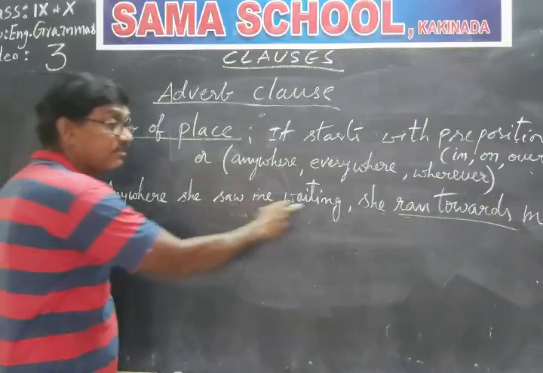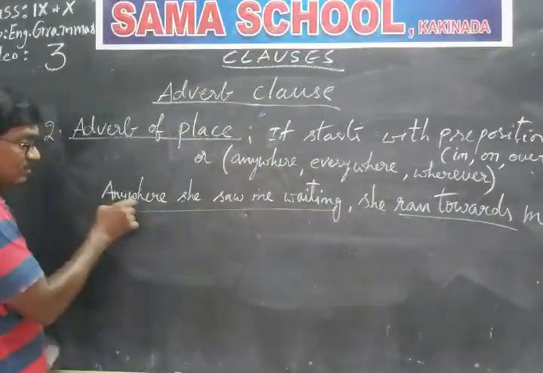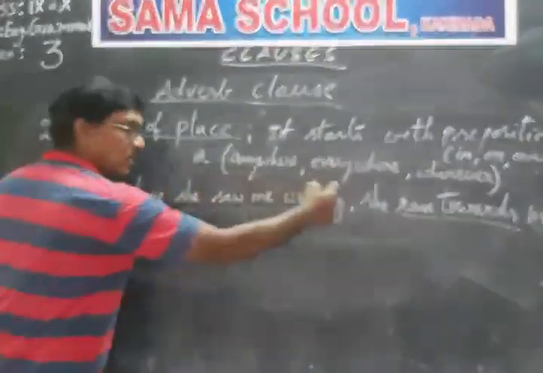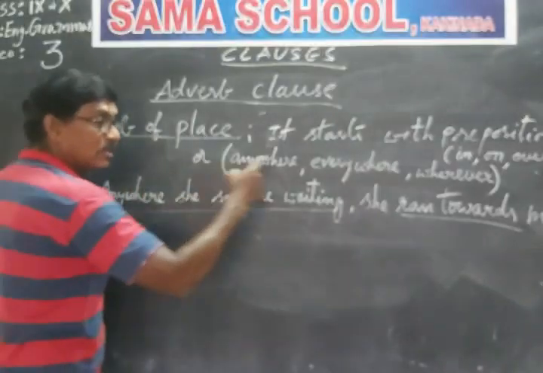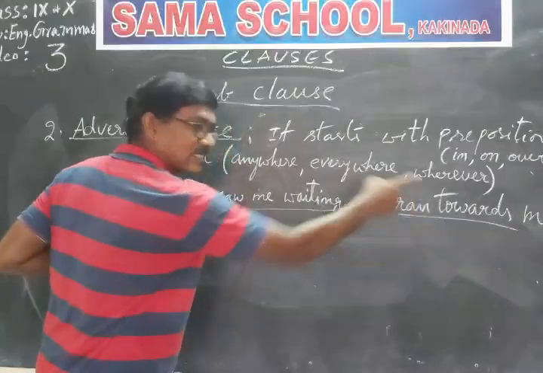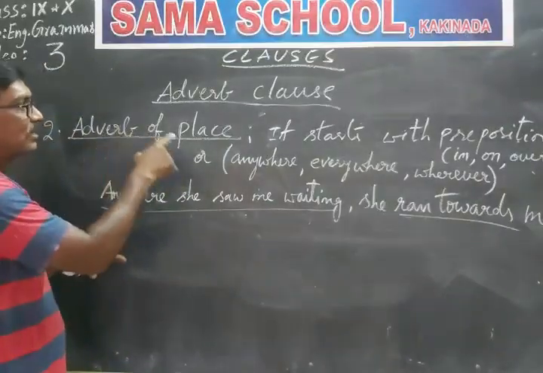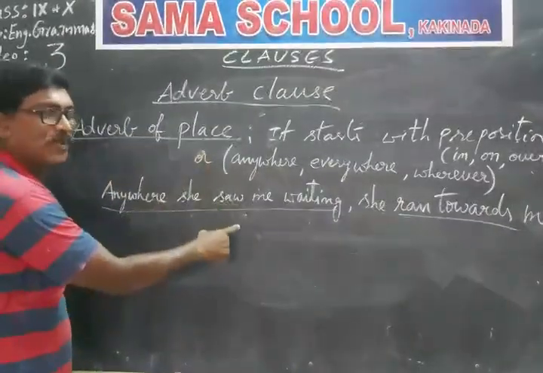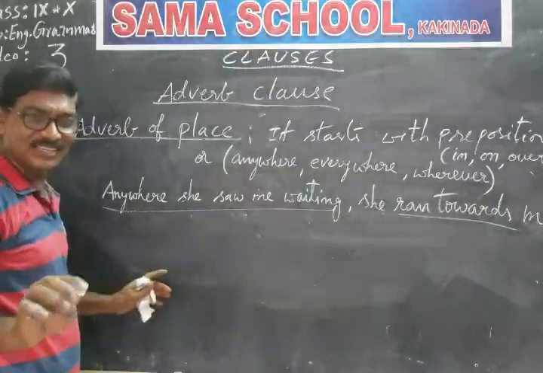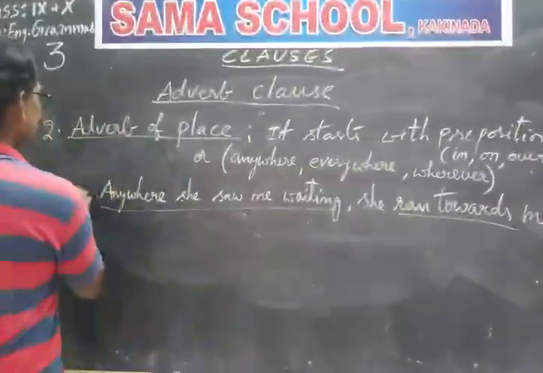Anywhere she saw me waiting. Anywhere is a conjunction. It is a clause. It is telling about the place of action. So it is an adverb clause of place. Clear? Now, third one is